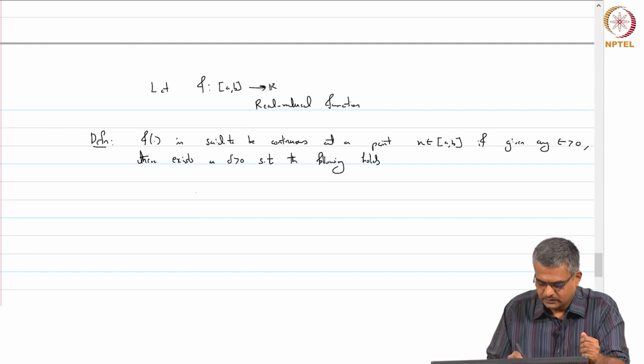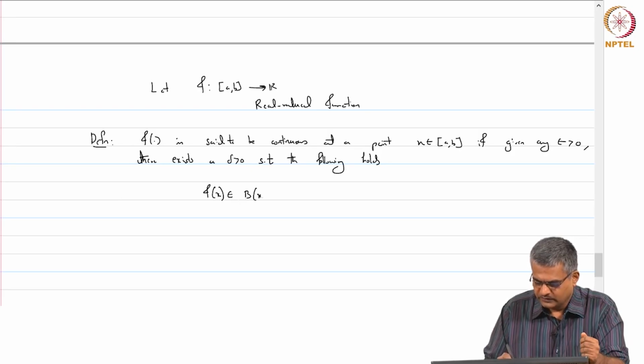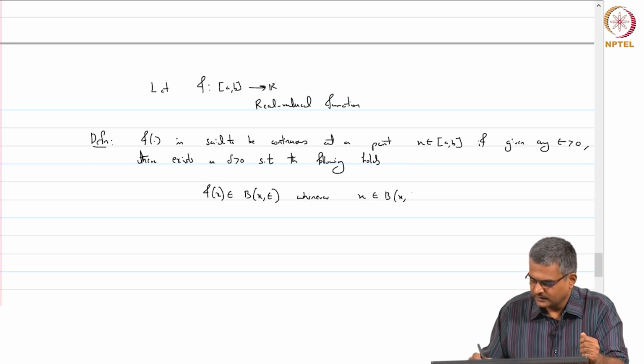What is that? f of x belongs to a ball with center x and radius epsilon whenever x belongs to a ball with center x and